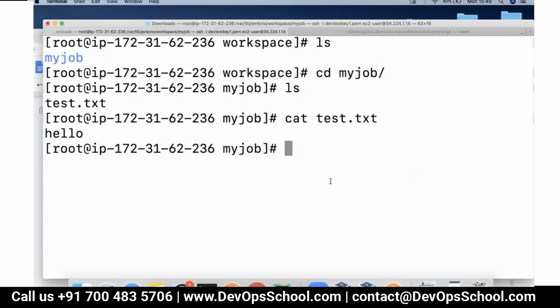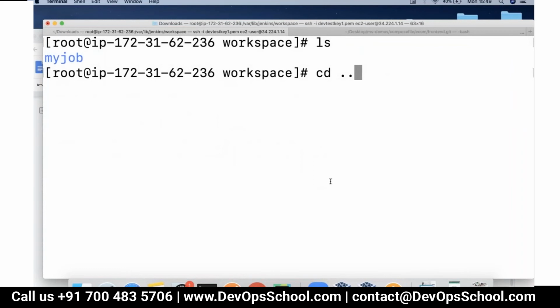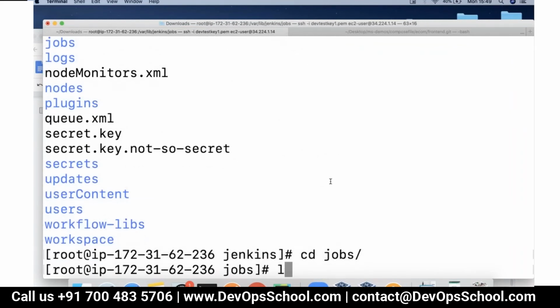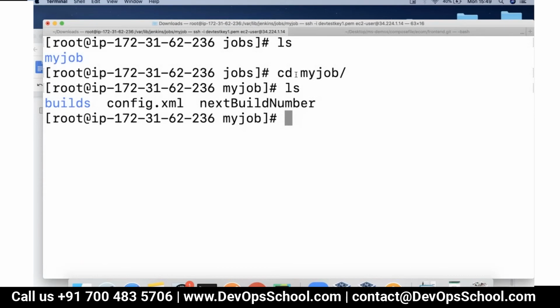The other thing is, when you go to other directories, like the jobs directory, you can actually see the job configuration. When you go to my job, all the details with respect to the job are saved into this config.xml file. How many builds have we done?